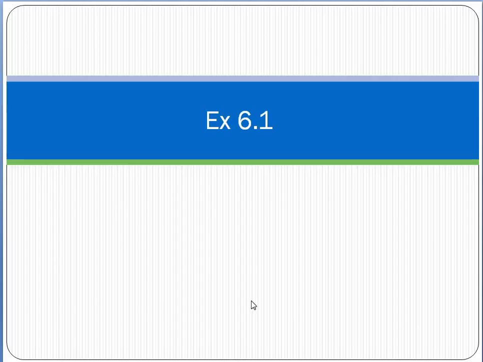Students, we are studying the chapter integers. In this we have learnt what are integers, what is the relation between natural numbers, whole numbers and integers. Natural numbers are 1, 2, 3, 4 and so on. Whole numbers, if you add 0 to it, then it becomes the whole numbers 0, 1, 2, 3, 4. And if you add the negative numbers also, like -1, -2, -3, -4 and so on, and 0, 1, 2, 3, 4 and so on, then these are integers.